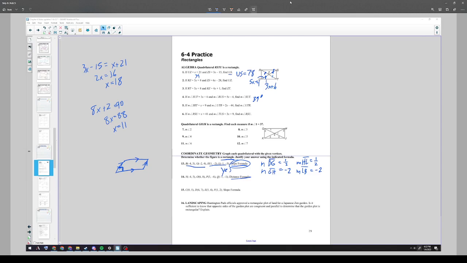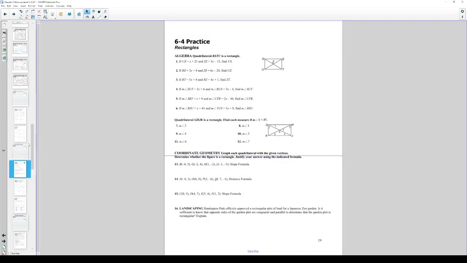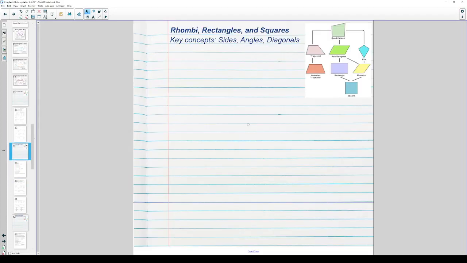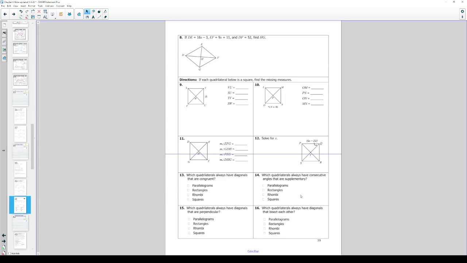Okay, so that about does it for rectangles, and then we'll finish up today's notes with squares. So squares, I mean, there's nothing new about squares. There's really no notes to take because they're just a byproduct of their two parent shapes. They have all of our rectangle properties and all of our rhombus properties. So everything from parallelograms, kites, rhombi all the way down to squares. So let's just look at some practice problems instead of worrying about notes and see how we can use those